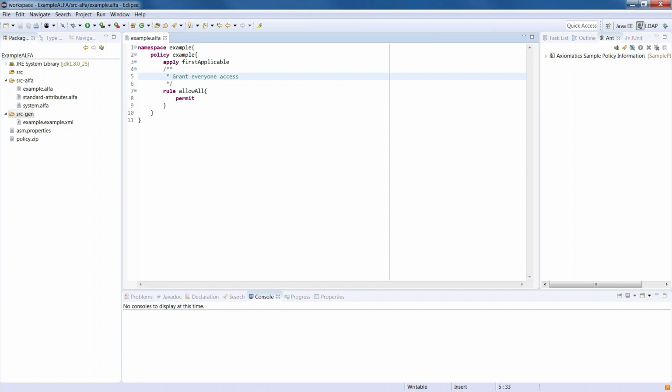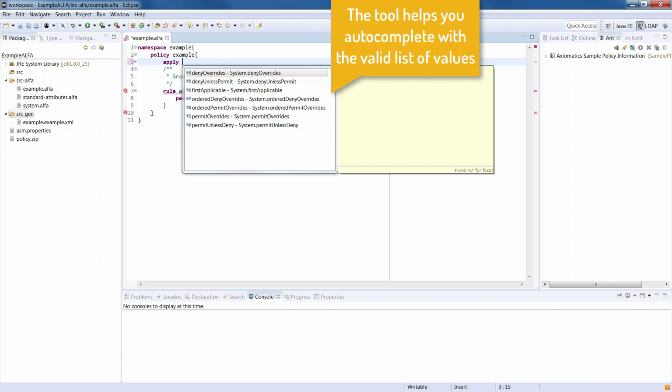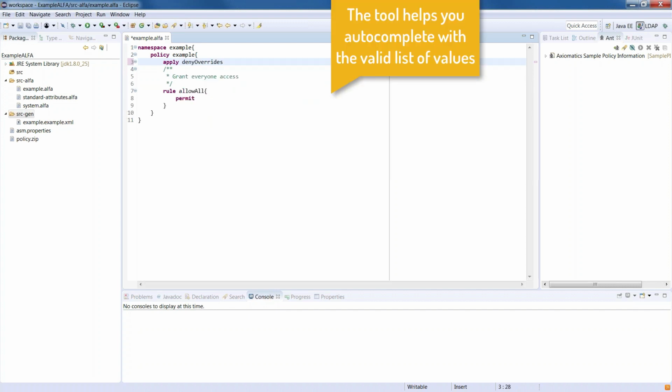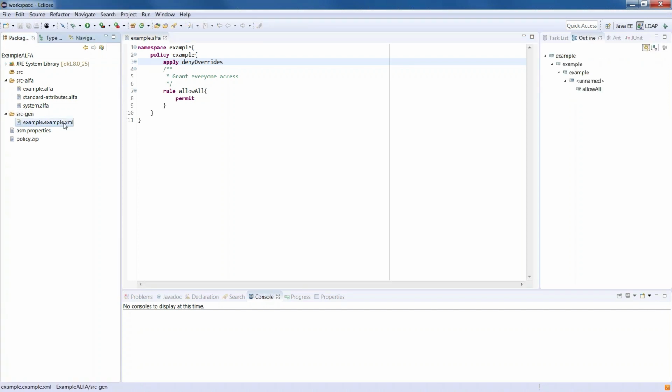It's very straightforward. And this is what I meant with the autocomplete and how it can help too. You see that apply first applicable. Now you knew that there's a combining algorithm called first applicable, so you started typing FIR and it autocompleted, but you can hit Control Space or Command Space right there, and you actually get a list of them, and they are pretty self-explanatory in what they do and how they combine the decisions, right? Yeah. But that it's simple, right? And you have the information right there.